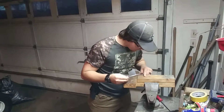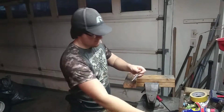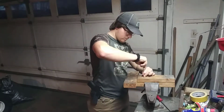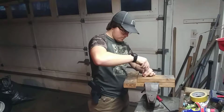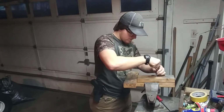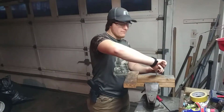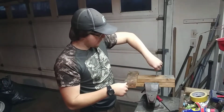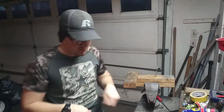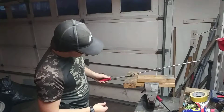Well, maybe. Is that the right one? Yeah, it's the right one. Hang on, I need to take this tape off. I don't need it anymore. Maybe it's not the right one. Okay, not the first hole. A decent ways up, about 4 or 5 inches up, so it's definitely going to be a steep bevel, and I'm making sure it's as high as possible so it gives it the steepest incline, so it'll start the edge